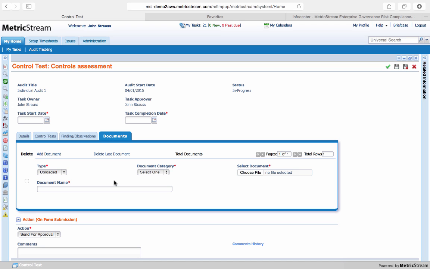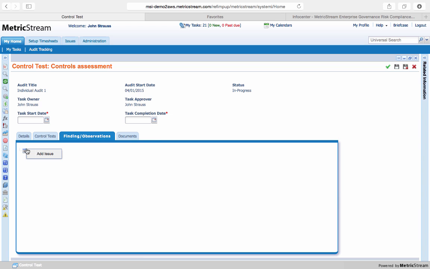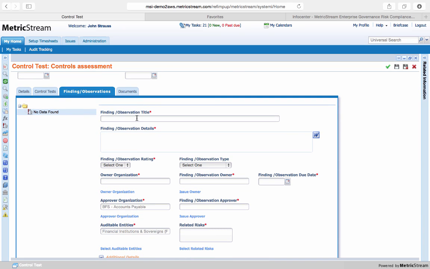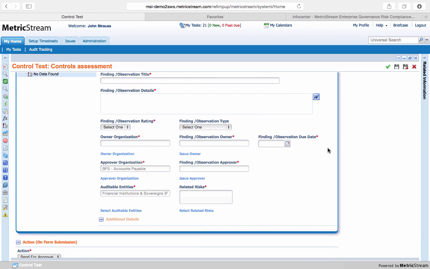As I'm going through and testing these controls or doing my audit tasks, I've got the ability to generate audit findings and observations. So if I click the Findings and Observations tab, I can add an issue, and I can detail here, perhaps give it a title. I can give full descriptive information using that rich text editor field. I can also assign ownership to that issue, as well as other details, perhaps things like give the issue a rating if it's high severity or low severity,